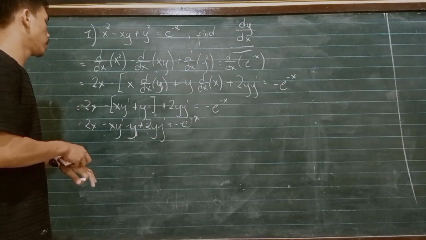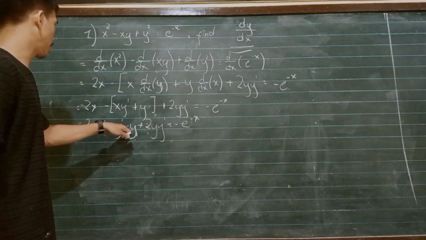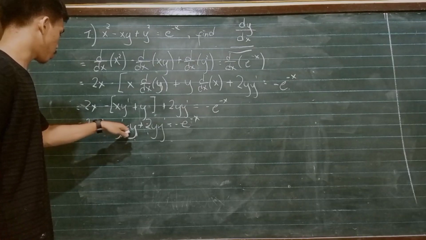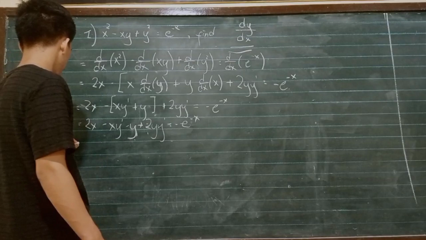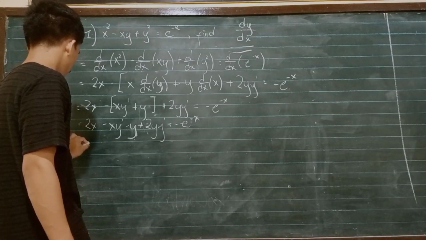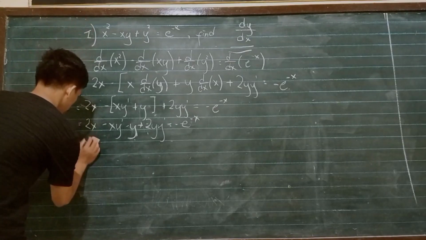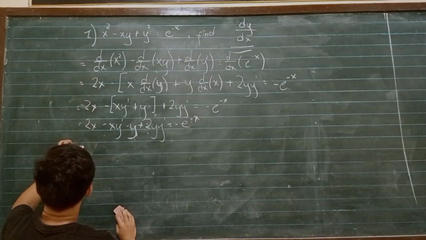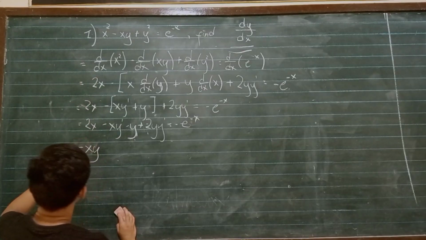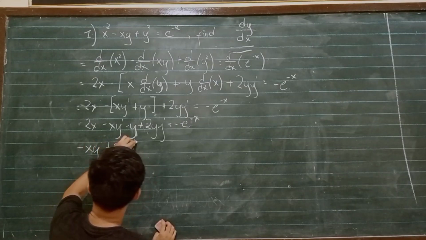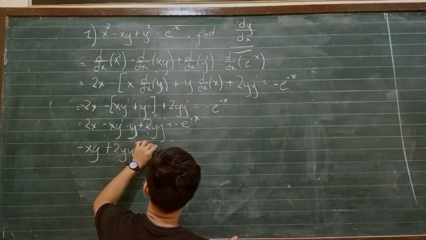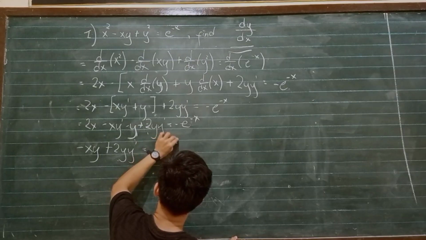And now we will put all the terms with no prime to the other side. So it will be negative xy prime plus 2y y prime is equal to negative e raised to negative x